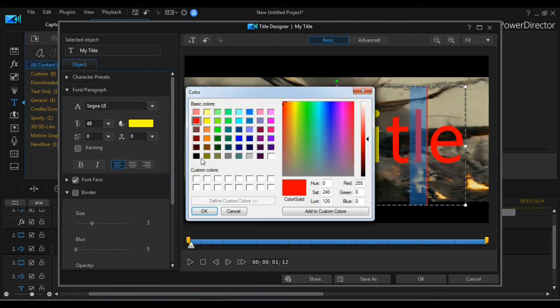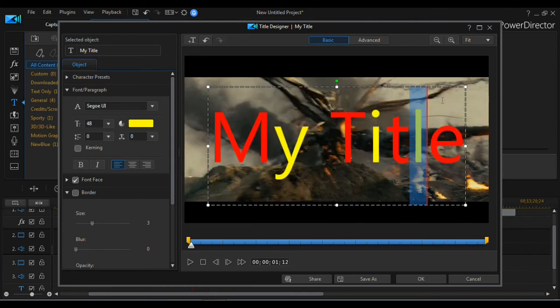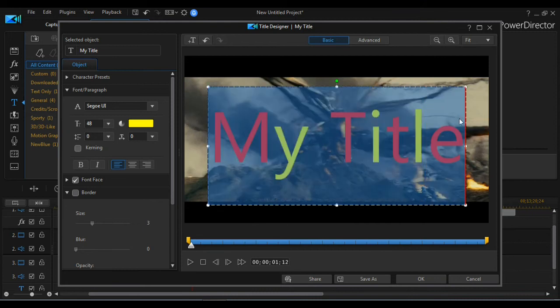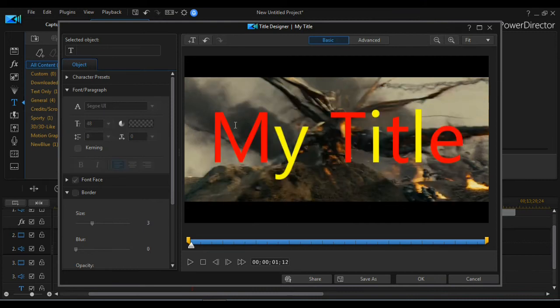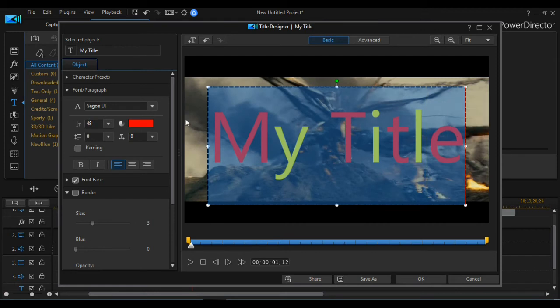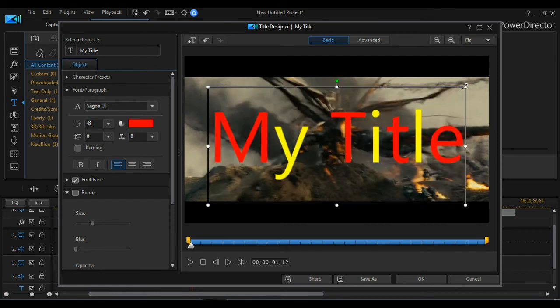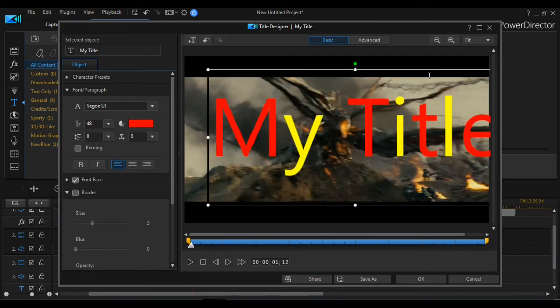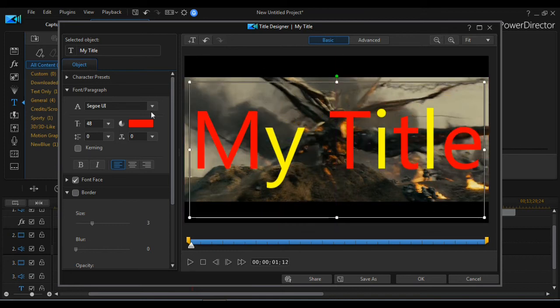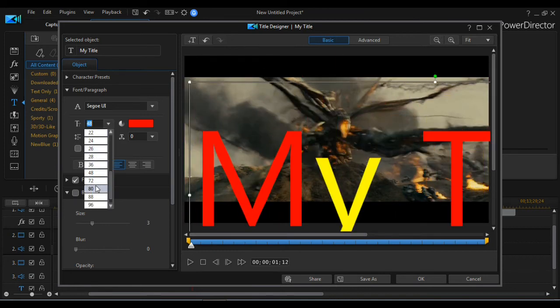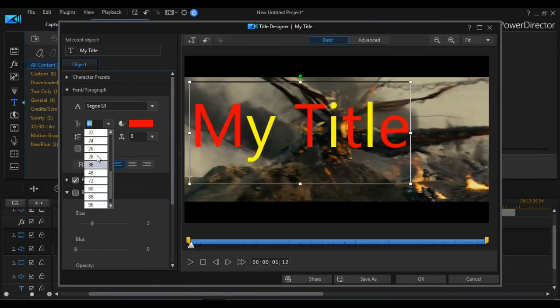It's pretty simple to do. Done. So now you can see the text has been entered without any problem. Now if you want to increase the text size, it's pretty simple to do. You can increase it like this, or there is one more option to increase it. If you go over here and text size, you can increase it as much as you want, and if you want to decrease it, you can decrease it too.